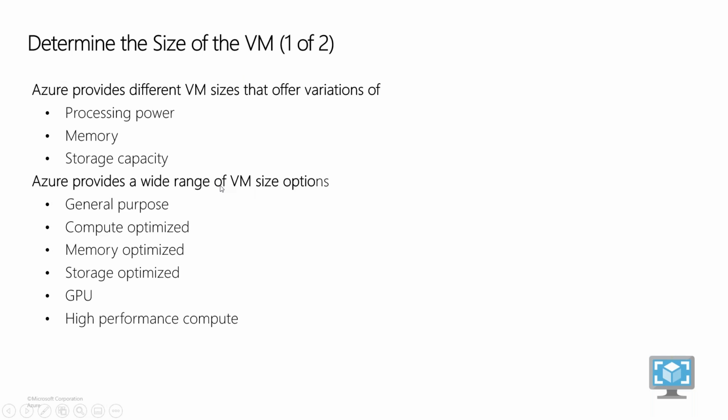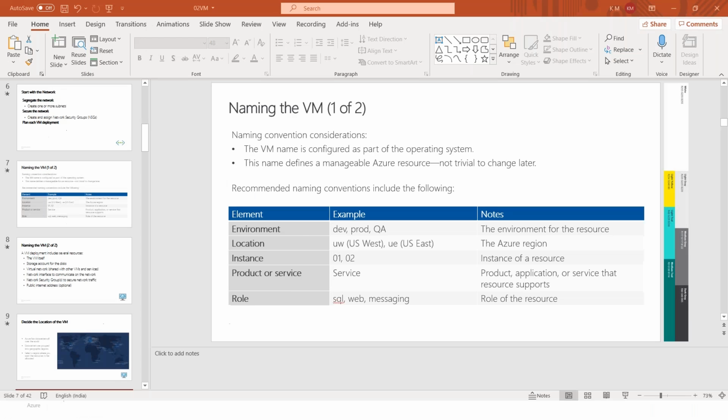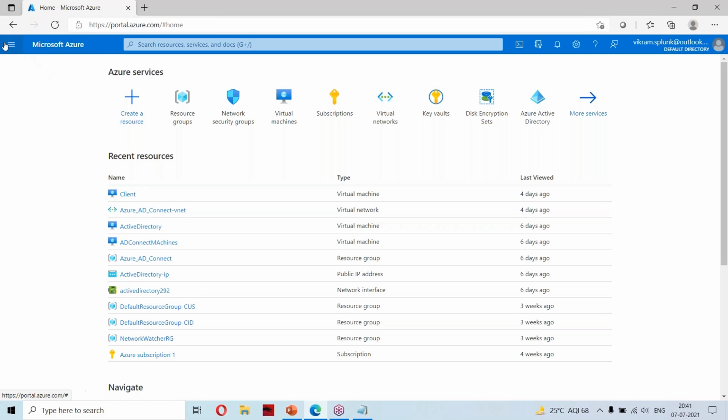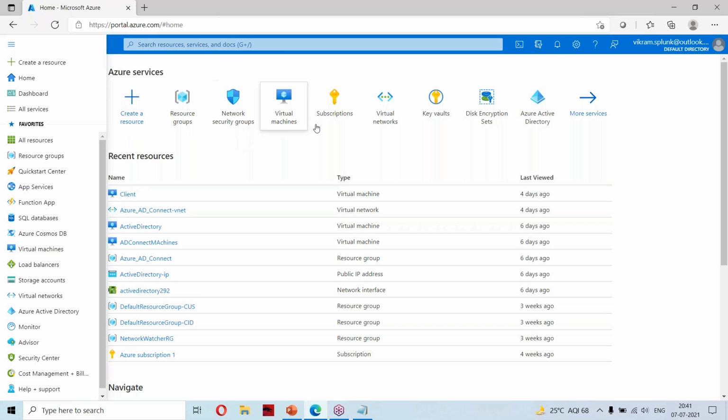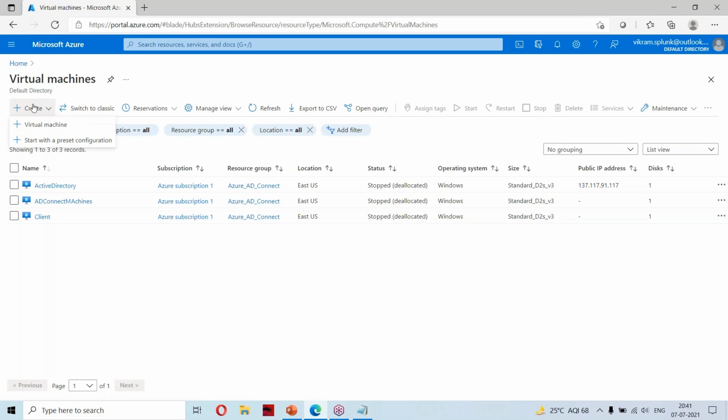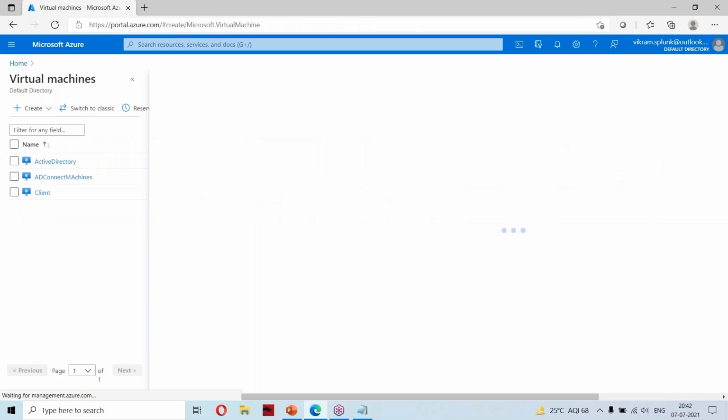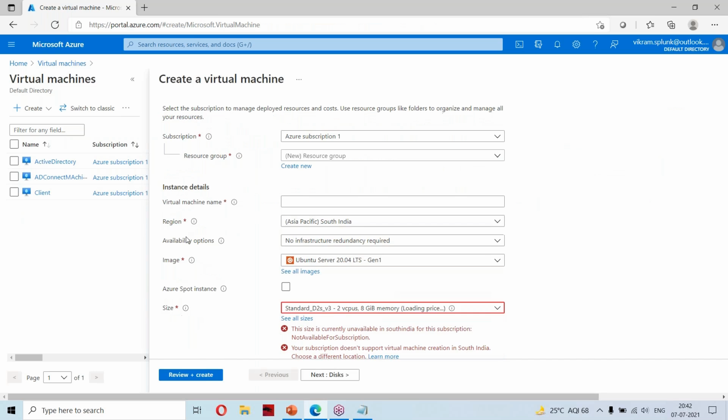Till now I selected some virtual machines yesterday. Once I log into my Azure portal, to create a VM, I click on create and then click on virtual machine. This is how you create your virtual machine.